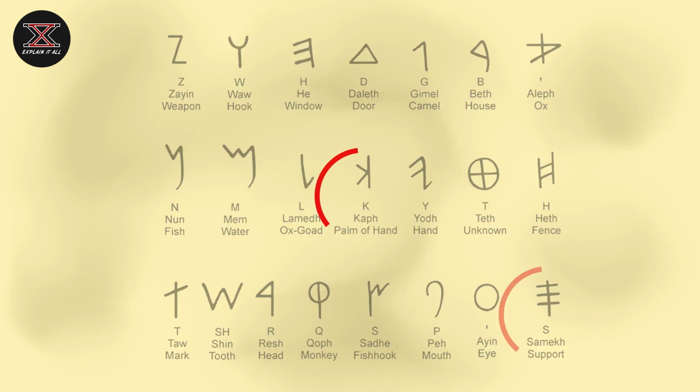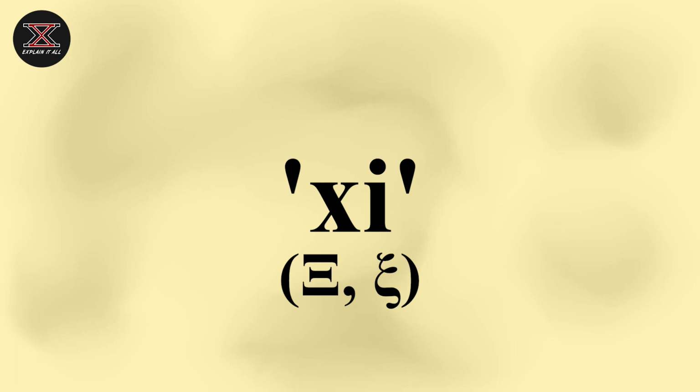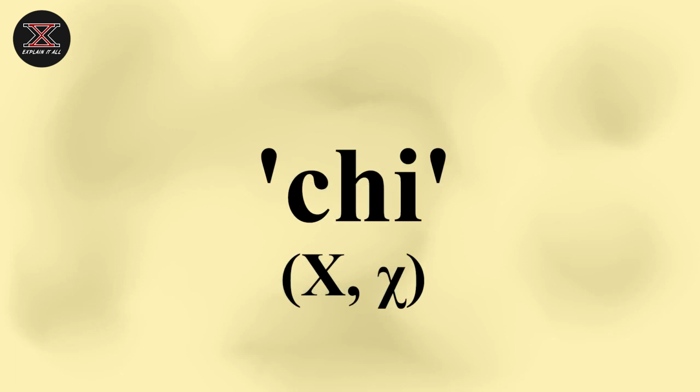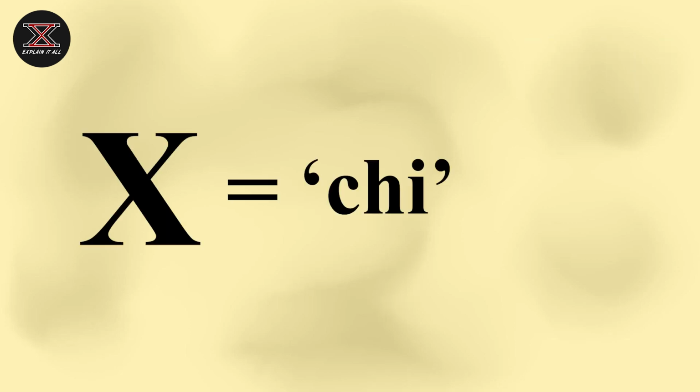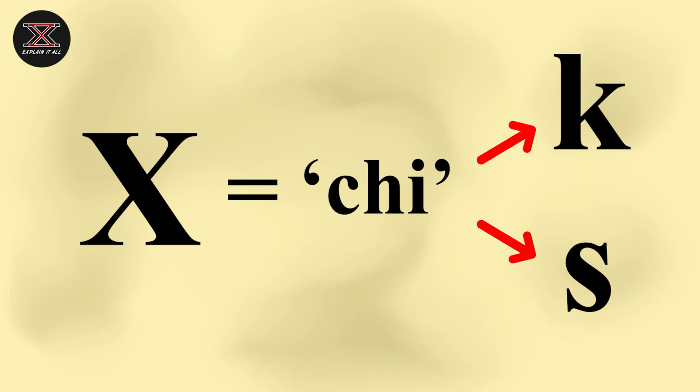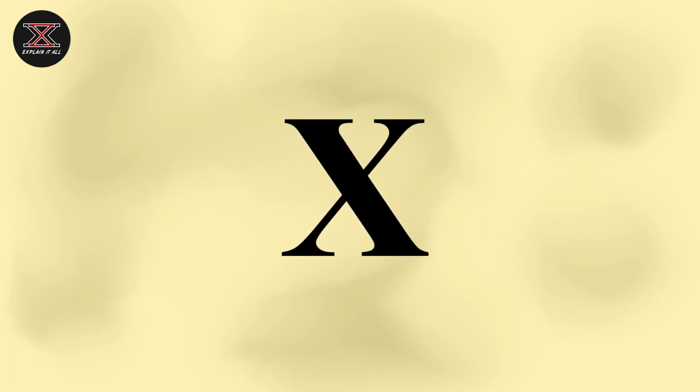The Greeks introduced chi for a specific sound which was different from X. However, they also had another character chi, which represented a sound closer to K, or ka. When the Romans adapted the Greek alphabet, they chose chi to represent the K and S combination sound in Latin. This is how X made its way into the Latin alphabet, where it was used to represent the sounds we